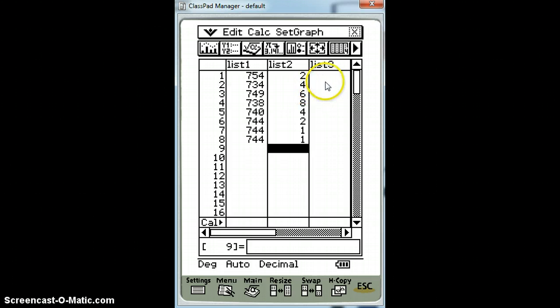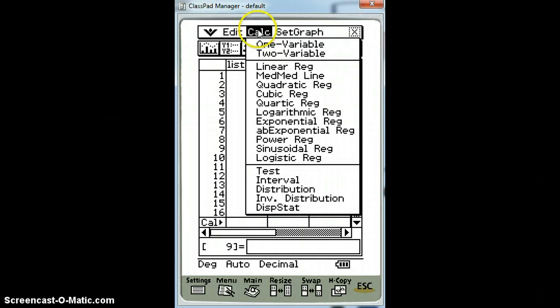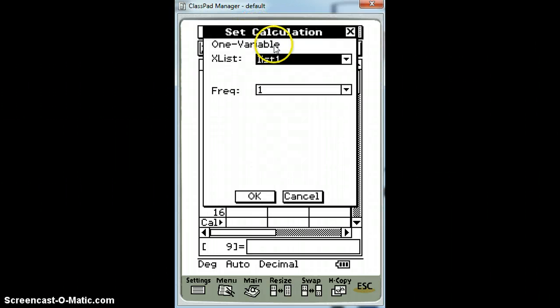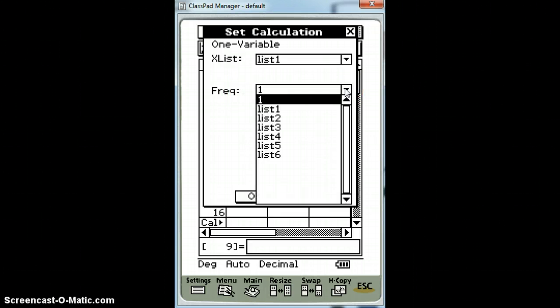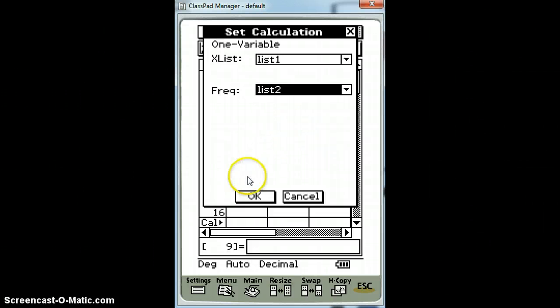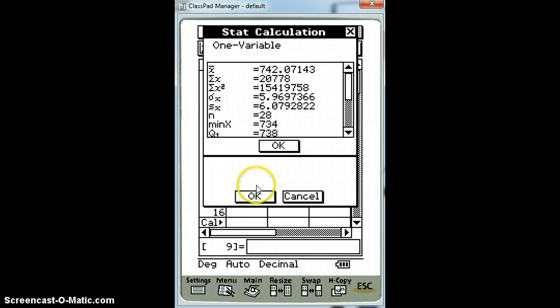Once we've got the frequencies in, we again go to the Calc menu, select one variable, but this time for the frequency, instead of setting it to 1, we actually tell the calculator that the frequency of each data item is in list 2. Having done that, we click OK, and the calculator will give us the same sort of